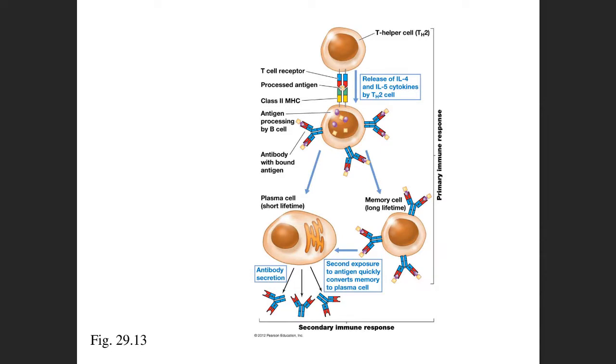And so what will happen is that they will present the antigen on the MHC complex here. All right, they will present the antigen here, and those B cells will be activated to make more memory cells,